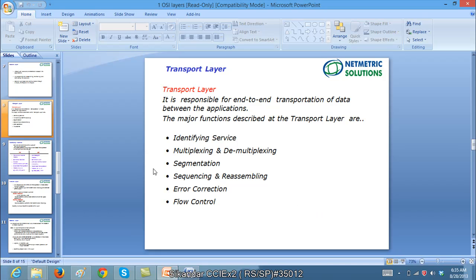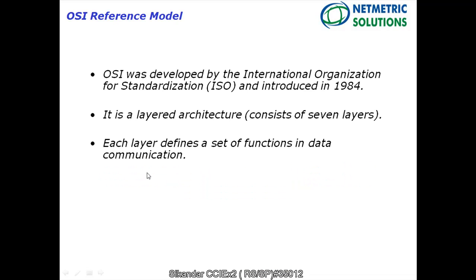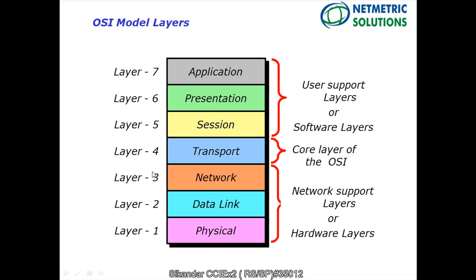So if you remember, in the previous session, we had discussed the OSI reference model, where we have seen the basic 7 layers. In that, we have seen the application layer provides a user interface, the presentation layer defines the format, and the session layer creates, maintains and terminates the sessions. Now, the next layer which we'll be discussing is the transport layer, which is responsible for